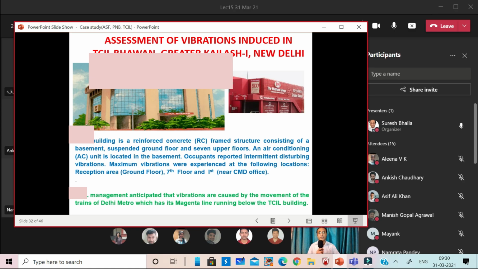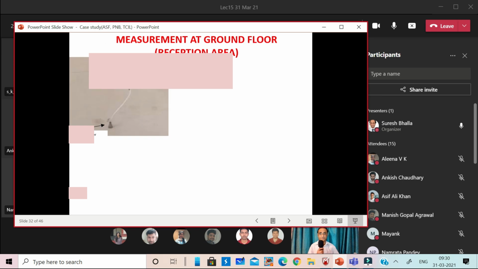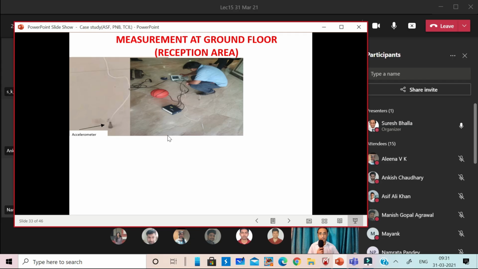So basically the company is the Telecommunications Consultants of India Limited, a public sector undertaking, and it does consultancy services for both Indian and overseas clients. So we started with the measurements, beginning from the reception area. So this is the floor. Later on I'll show you the larger picture also. We are just showing here the region near the accelerometer, and we did the measurement, and at the same time you see here